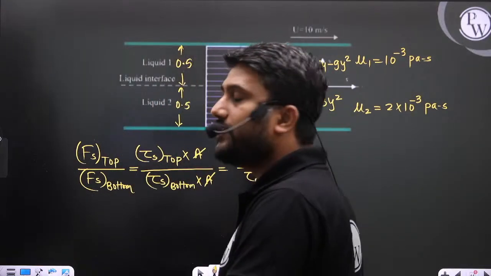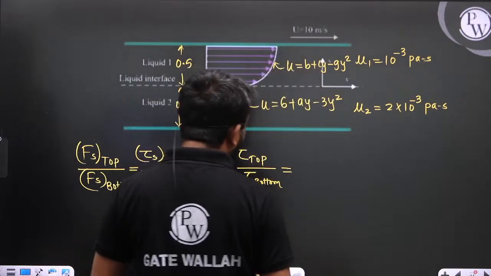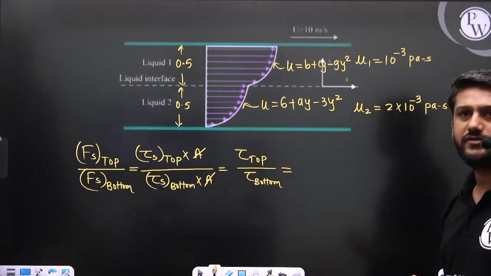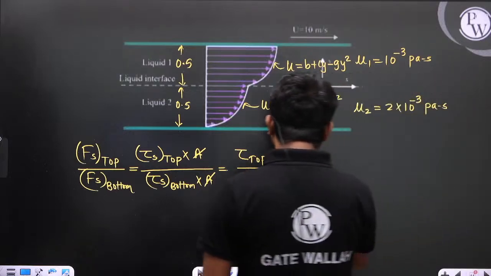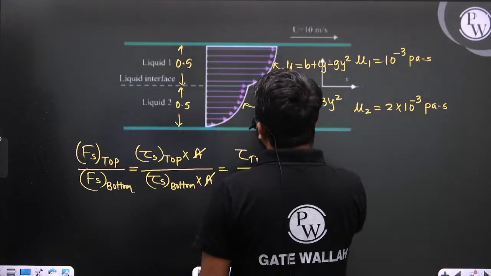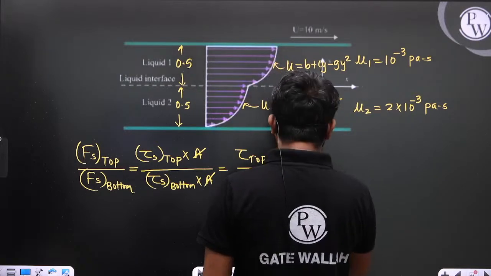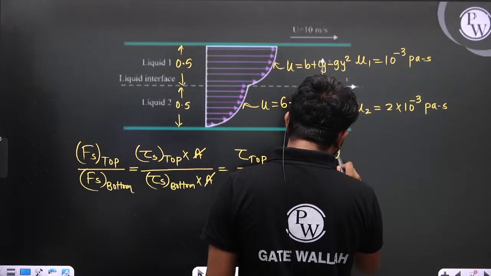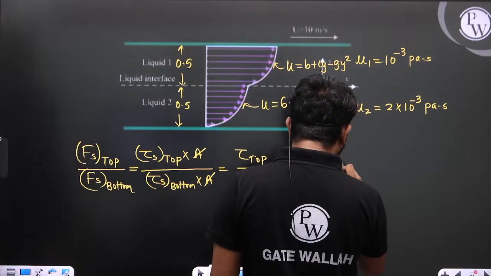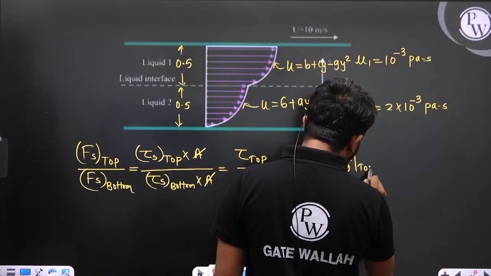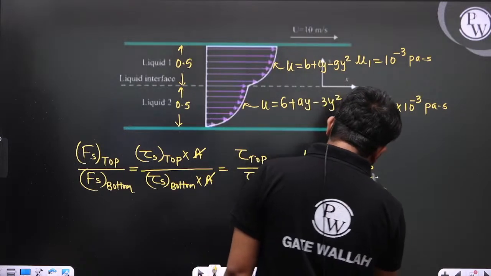Tell me how you calculate the shear stress by Newton's law of viscosity. Both the fluids are Newtonian fluids, so we can apply Newton's law of viscosity. So we can write the shear stress experienced by the top plate: this is mu1 into du by dy at the top plate, divided by